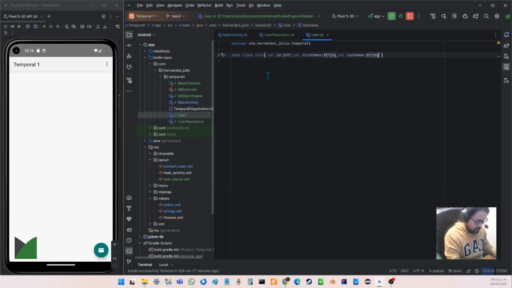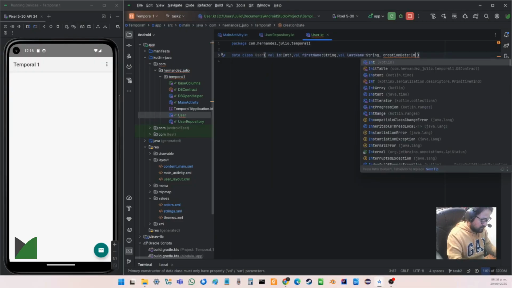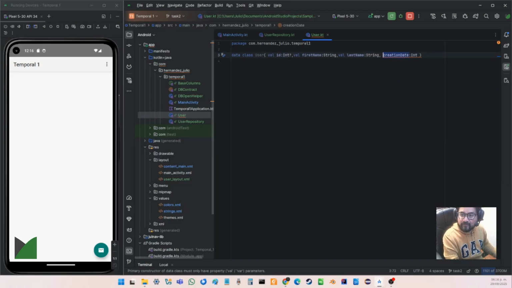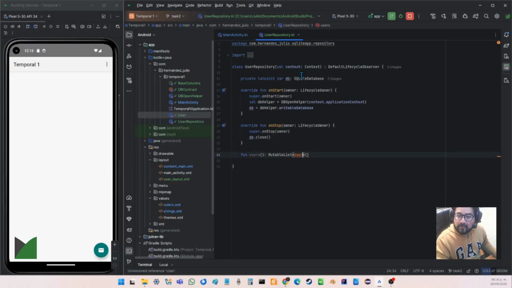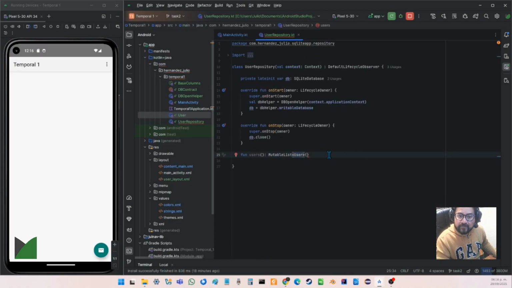And finally, I need creation date. This is an int, and it's also a val format. So I can use here this element user. I need